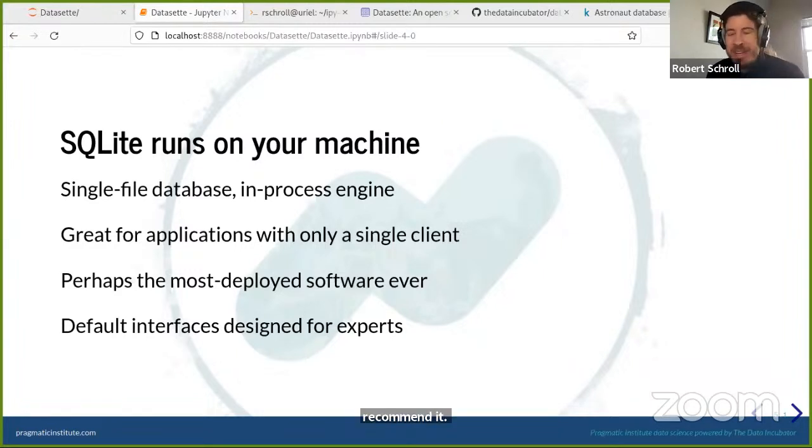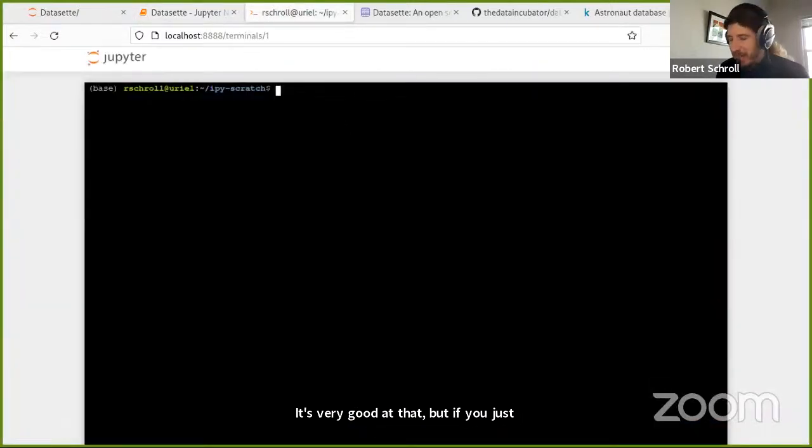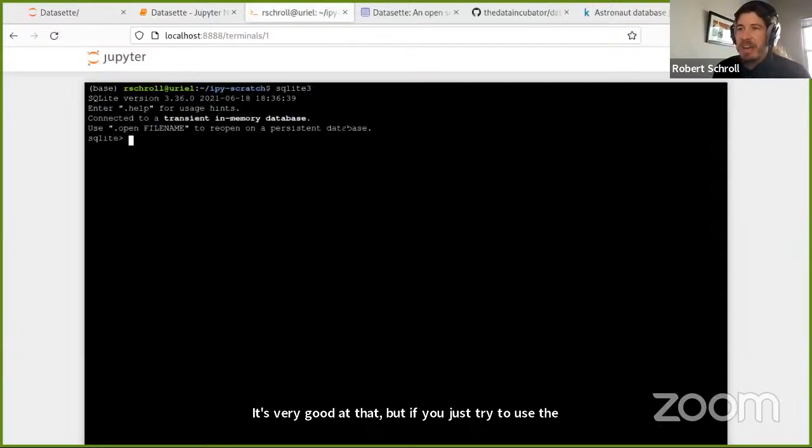That said, there is a downside. While you can interface with SQLite from the command line or from a number of other tools or programming languages, these interfaces are generally designed for experts. It's very good at that. But if you just try to use the default interface on the command line, the sqlite3 command, well, there you go.